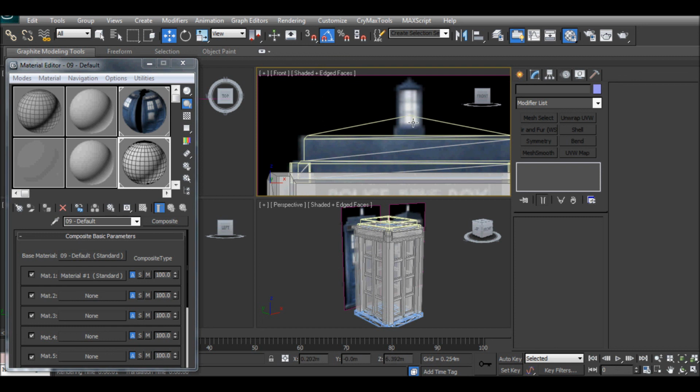This bit's a bit too high, but it doesn't really matter. We can bring it down. On the next tutorial we'll look at putting this lantern on top and raising this bit down a little, and we'll merge them together. So thank you for watching. Sorry about the delay in the tutorials, and I'll see you